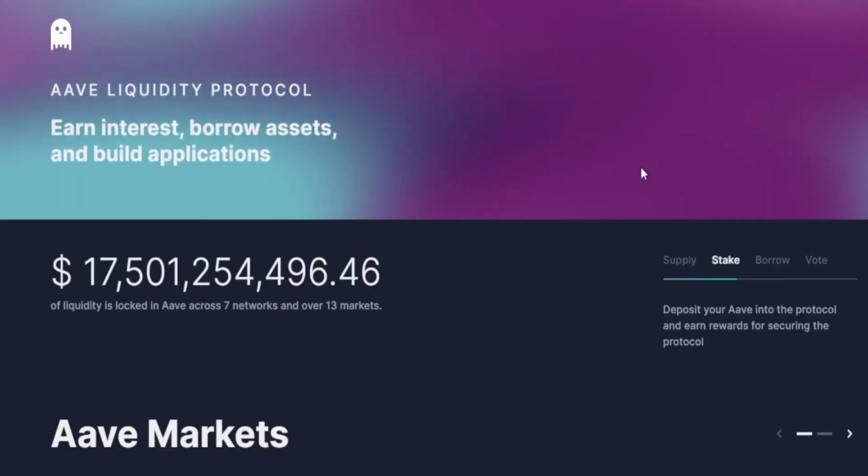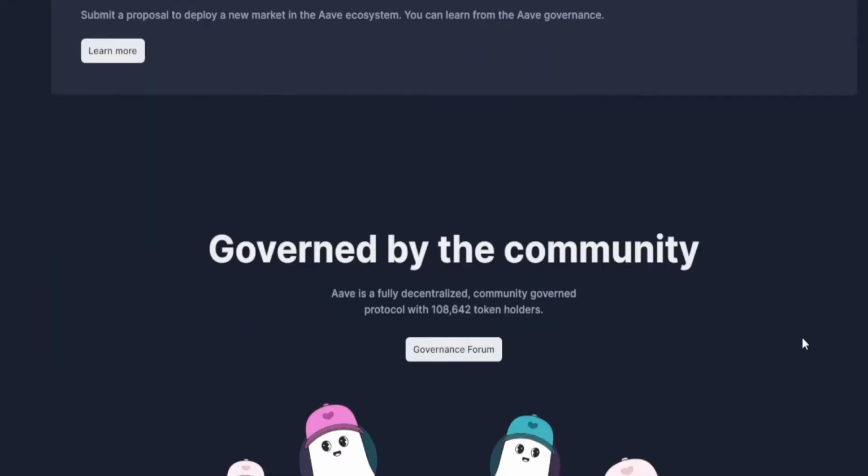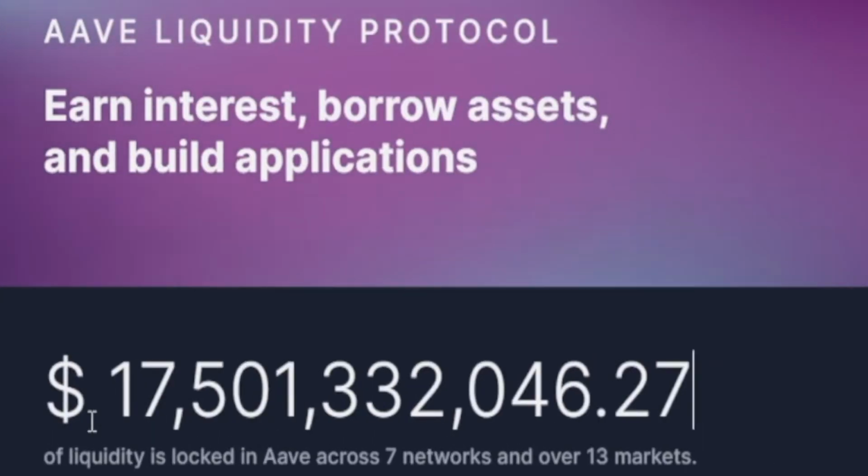Instead of having to purchase Ethereum or Bitcoin, Binance Coin, or whatever it is that you're purchasing with your own cash, what you can do is take advantage of flash loans. And here's how that works. Basically, platforms like Aave will allow you to borrow a big amount of money for a very, very short amount of time. Once you spot an opportunity in the market that allows you to make a profit, you can borrow a certain amount of money from Aave, take advantage of it, so speculate on that opportunity and keep a profit, and then give the money back to that platform. And so instead of having to purchase those underlying assets with your cash, you can just purchase them using Aave money. And don't worry about it, they've got a lot of cash.